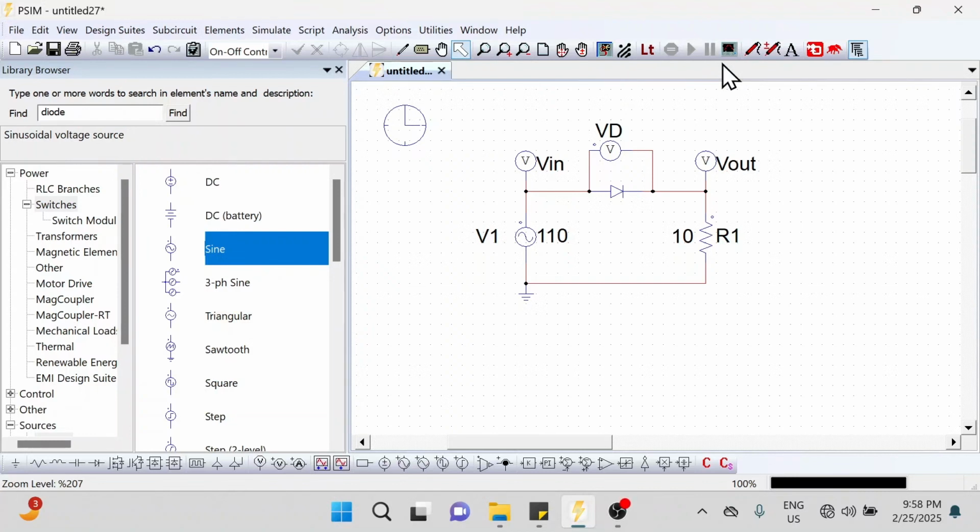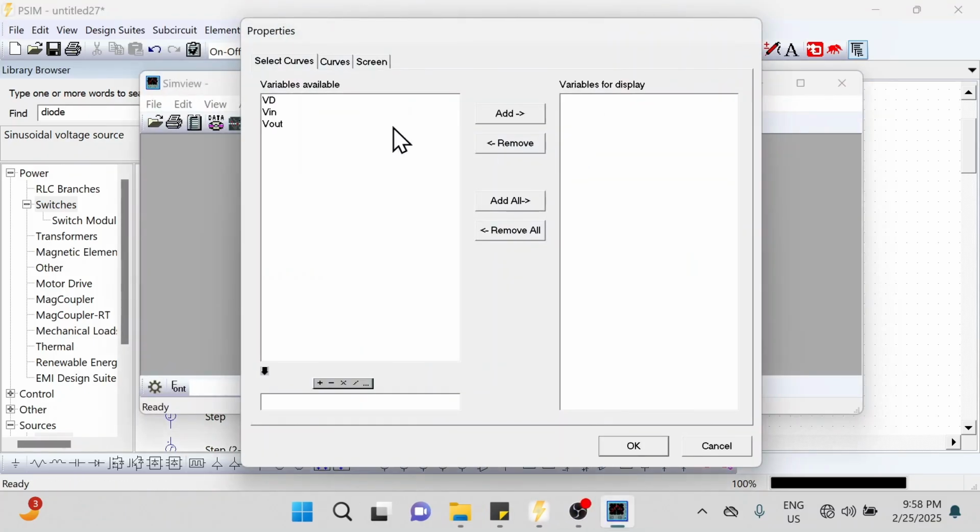Hello, in this video we are going to explore some more features of PSIM. I want to emphasize here that we don't need to run the simulation every time to visualize our waveform. Once the simulation is completed, we have the data and we can visualize that using the run SimView. So this time I'm not going to run my simulation, I'll just go straight away to run SimView and the